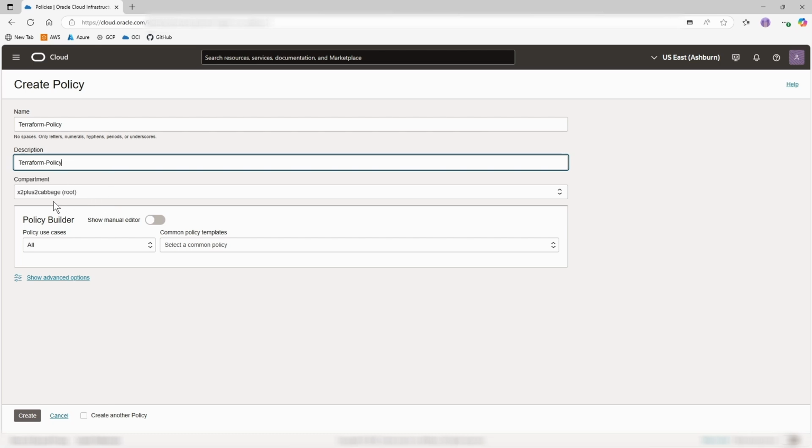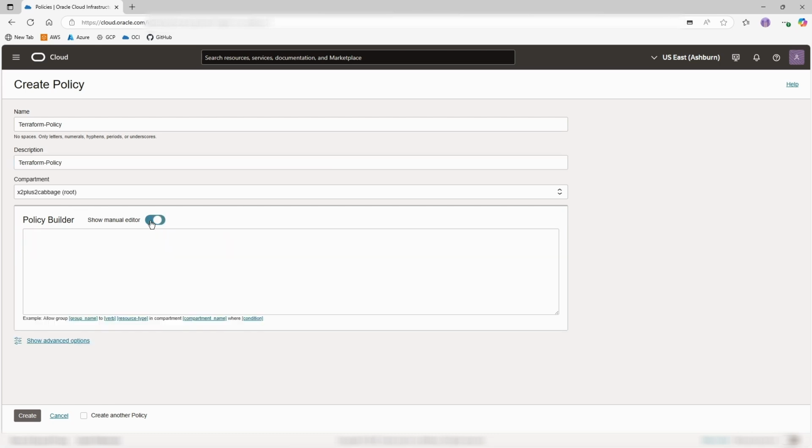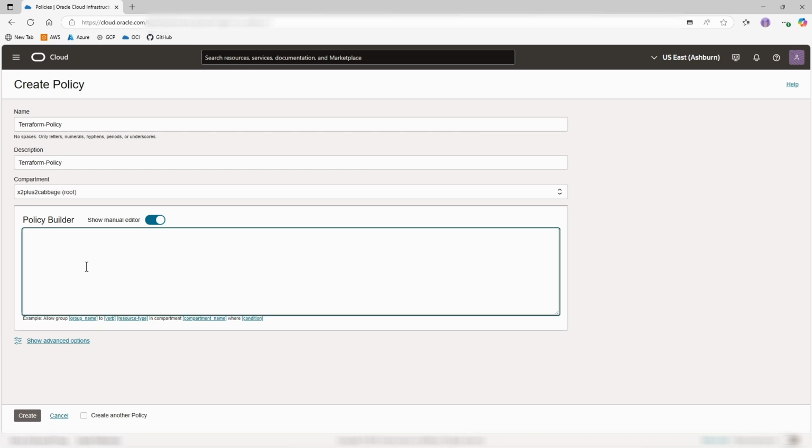It is going in our root compartment. And then in order to edit the policy, we'll use the show manual editor option. And this is a free form box here where we can type the syntax of the policy. So we're going to allow group Terraform test to manage all resources in tenancy. So what this does is it allows the group we created, which was Terraform test, to manage all the